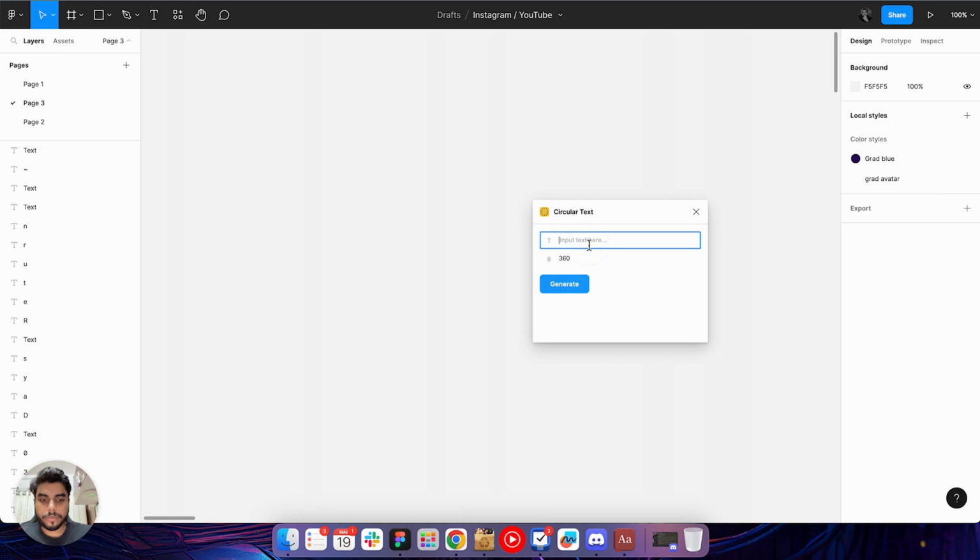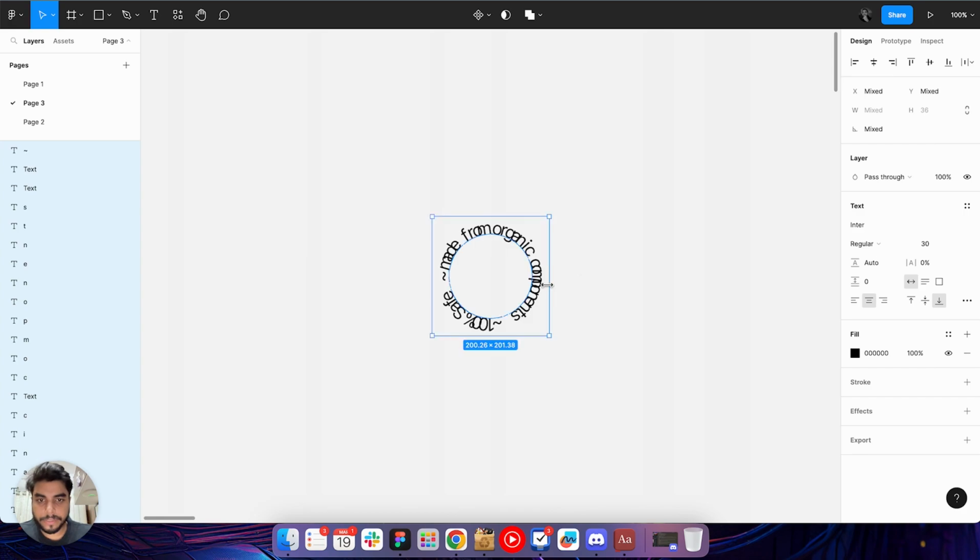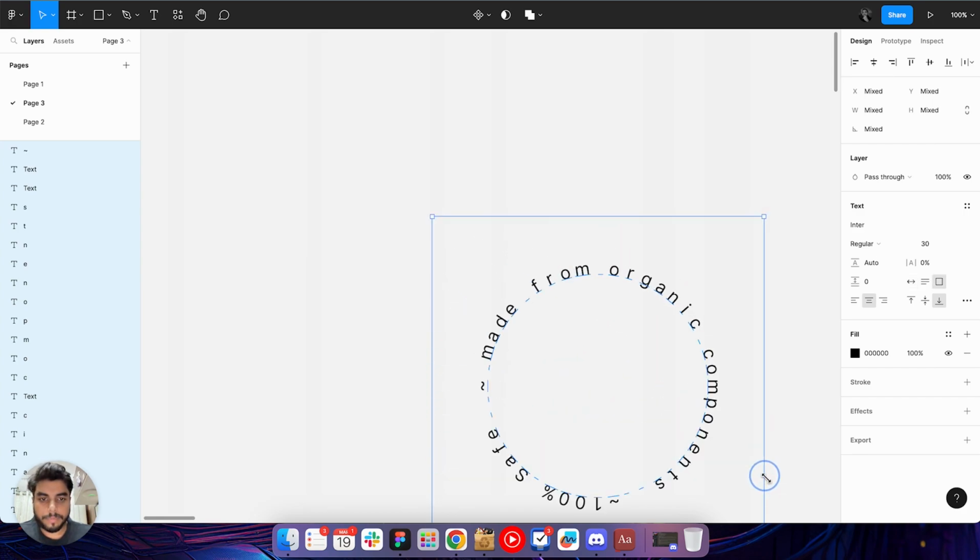So if I just go here, 100% safe, and space tilde sign, made from organic components, tilde sign, and click on generate. So it will be something like this. But if we expand,